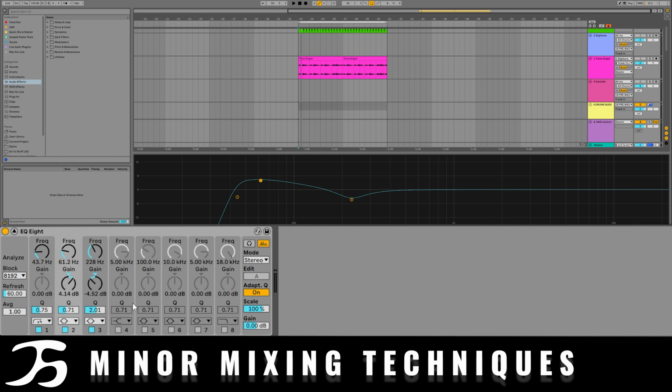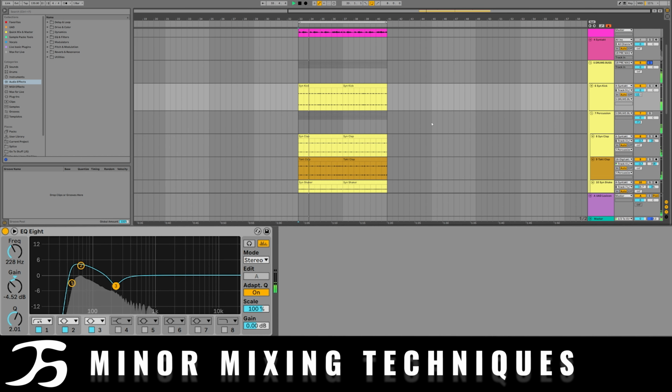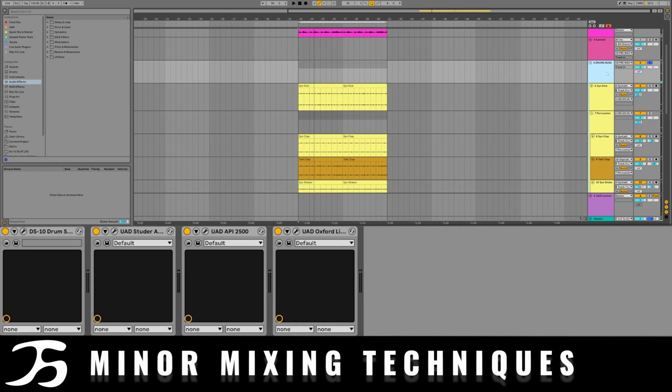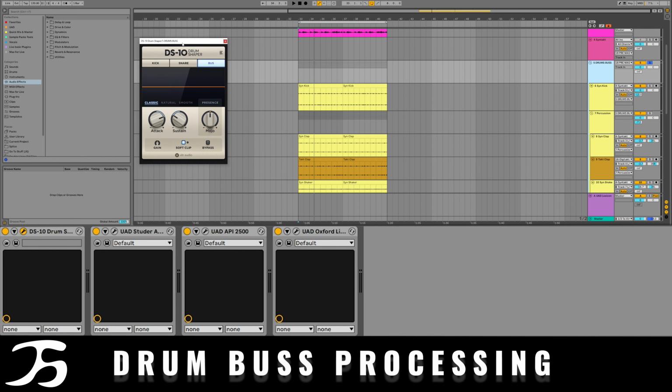Here I just felt as though a little boost of 4 dB at 60 Hertz, just to give it a bit more weight, and then just took a bit of mud out at 228, just to give it a bit more definition. So that is the drums so far. Sounding really nice. On the drums bus, what I did is I used